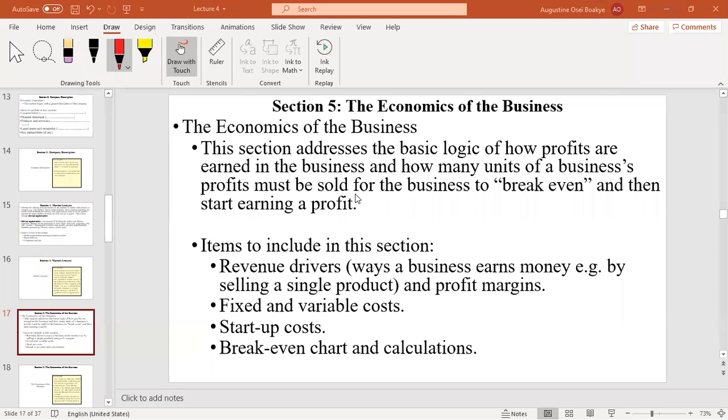It will present compelling figures as far as projected profits are concerned, as far as initial losses which are likely to be incurred are concerned, when the firm projects to break even and when they even project to make supernormal profit, and so on and so forth. So key indices or projects of this section include the revenue drivers. What are the various ways that the starters of the business believe the business can earn money? So is it by selling only